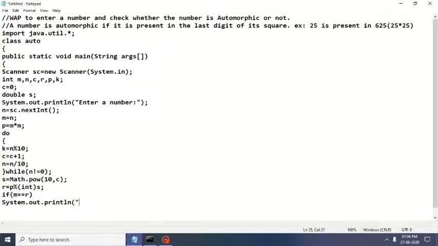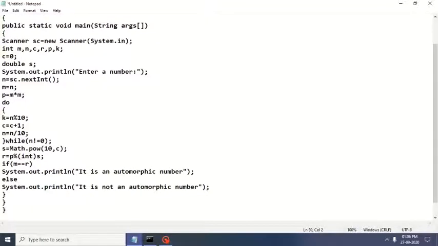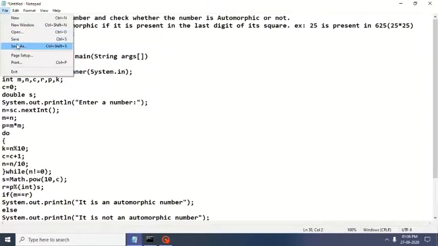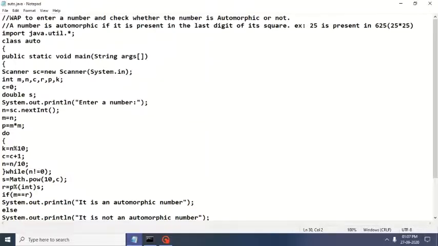If m double equals r, then System.out.println, it is an automorphic number, else System.out.println, it is not an automorphic number. Brace closed, and then I will be saving this program.